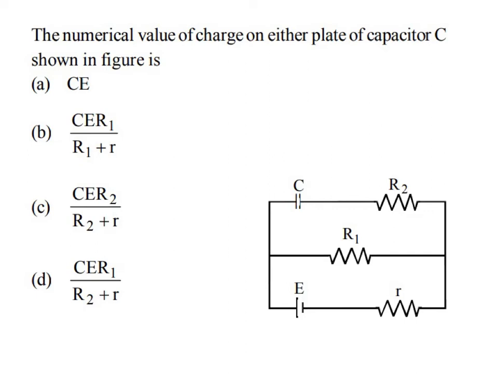It's the same type of problem, you know that the charge Q is equal to C into V. If you find the value of the charge across this capacitor, you will get the answer for this one. See, as the supply is a DC supply here, this capacitor has to block the DC components. There is no current flowing through the resistor, so we can ignore this R2 here. Now you need to find the potential across this capacitor C.